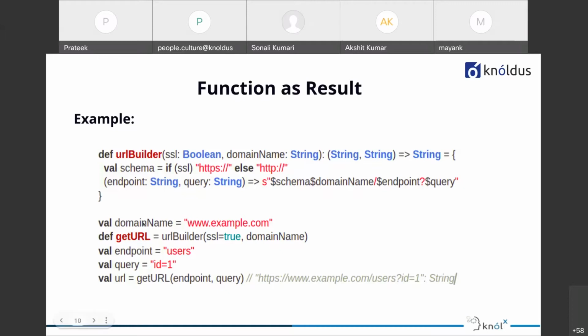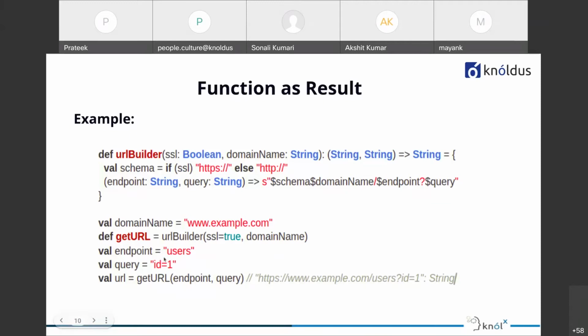Okay, so how are we calling it? We are simply calling this URL builder function, and we are assigning it to getURL. So getURL will be of type string, comma string, and the return type of that function will be string. Now you can see in the last line that when we are calling getURL, we are passing the endpoint and query.